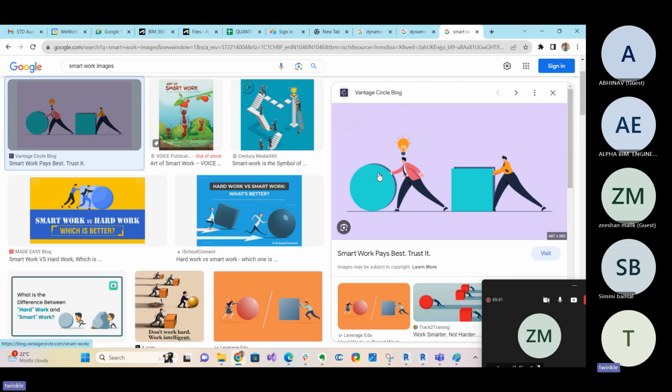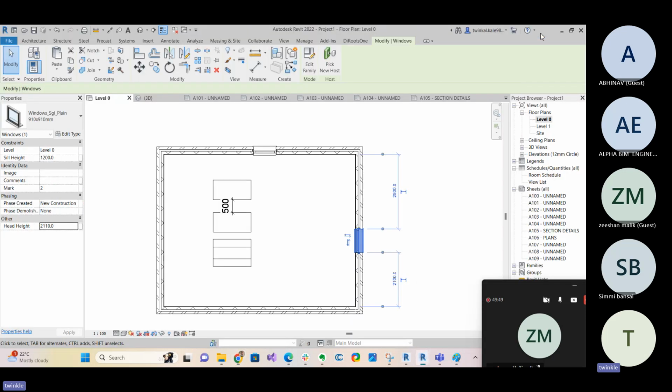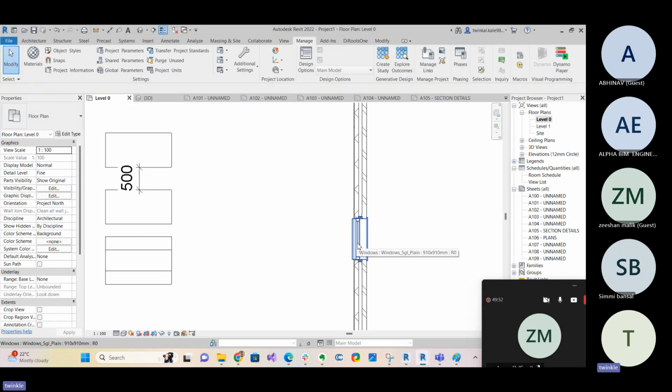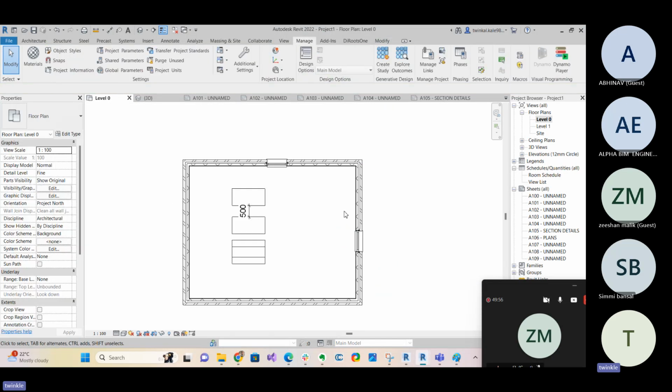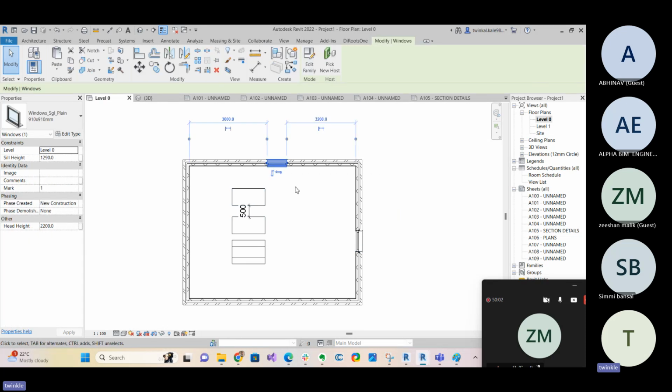So using Dynamo will be smart work. But you can't start working on Dynamo right away, because you have to learn to walk before you run. First you need to learn the modeling,